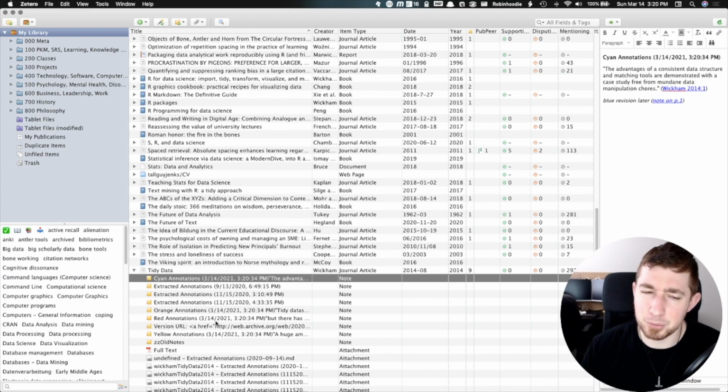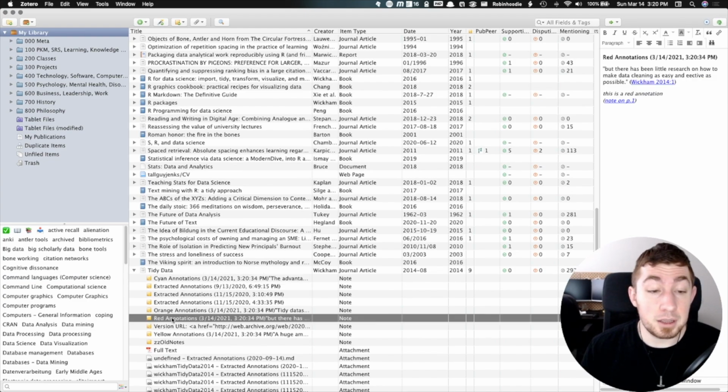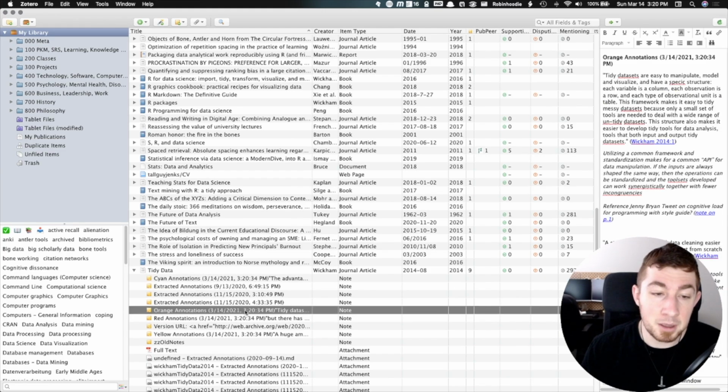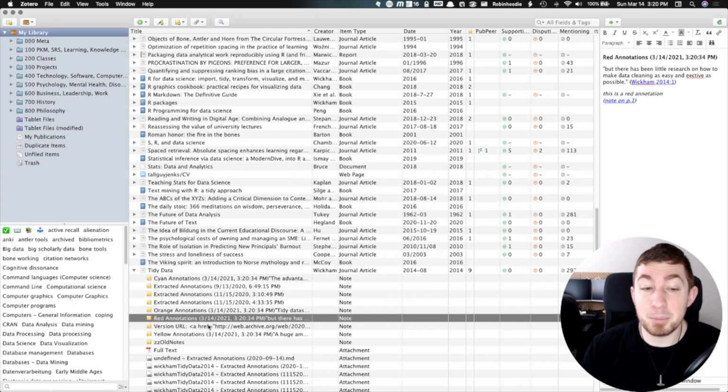I'm probably going to look into that afterwards. But what you can see here is that each of these different extractions are all from right now, this date and time, but they're separated out by color. Why is that useful? Well, let's say that you have a section in your